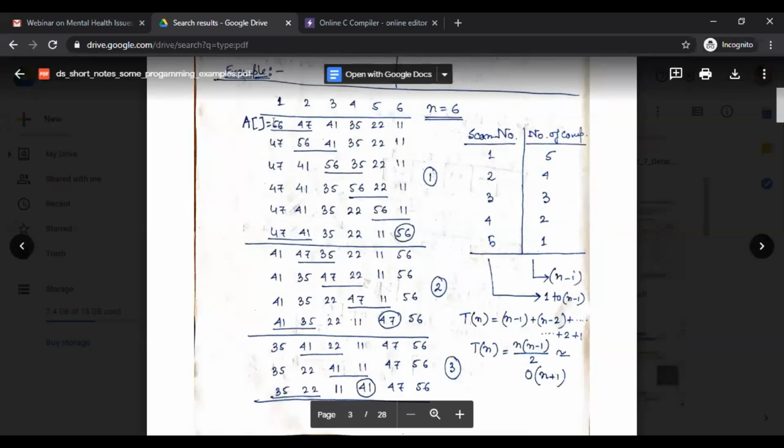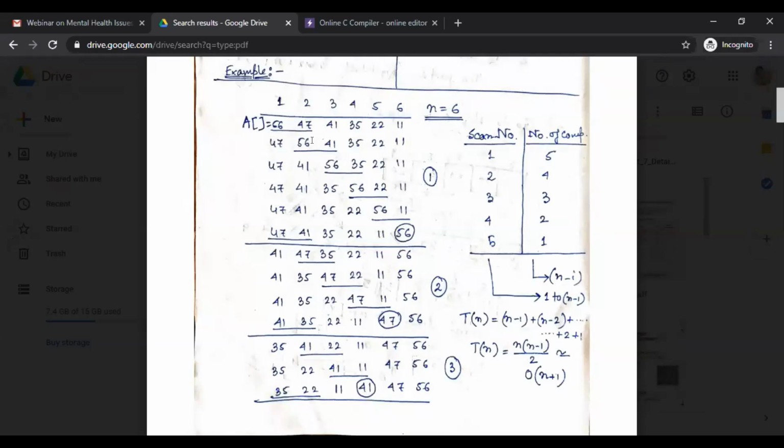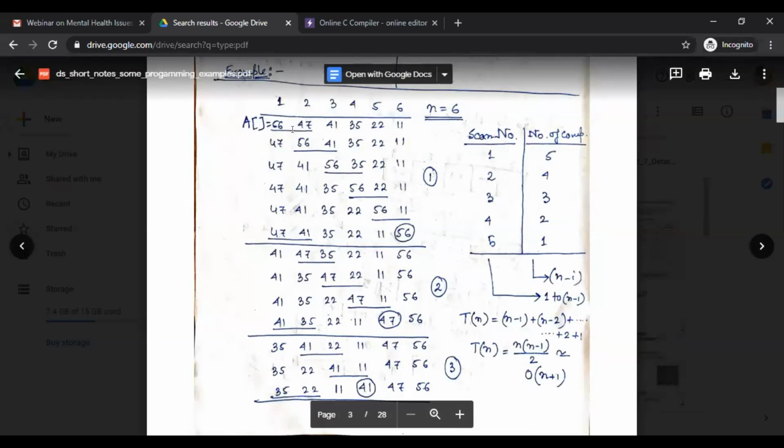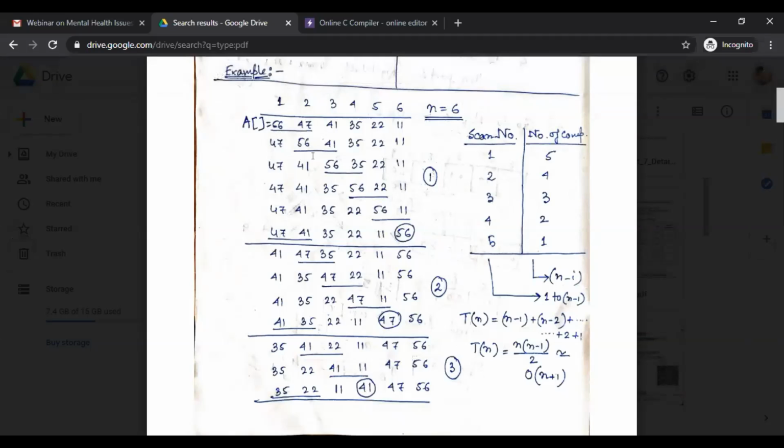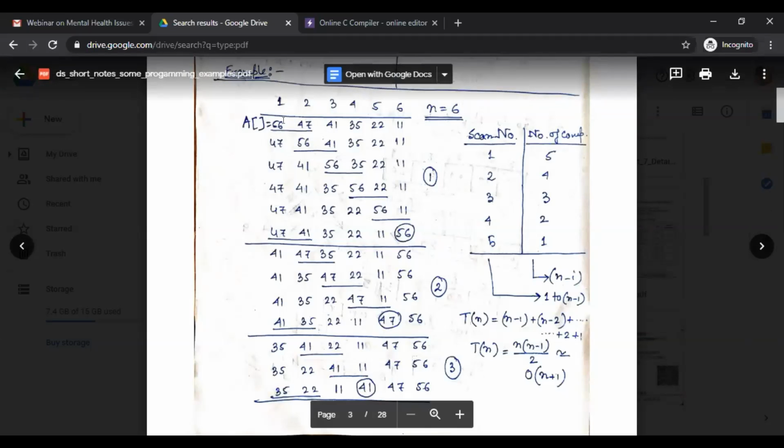Means, see, 56 is greater than 47. That's why we interchange the value of these two index numbers. Means 47 moves to the 56 place and 56 moves to the 47 place.